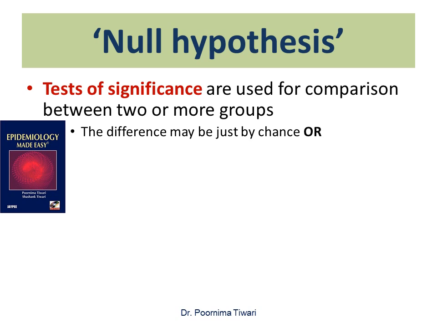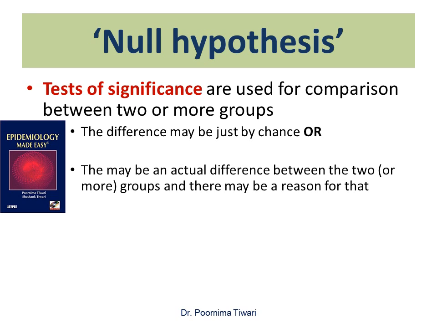Or is this difference just by chance? That is, if another person weighs them, or another instrument is used to weigh them, or the weighing is done the next day, both the means may be equal, or it may be the other way around, that group A has 56 and group B now has 55. There is a biological variation because of these things. So the difference of 1 kg may be just by chance, or this may be an actual difference, and there may be a reason for that.